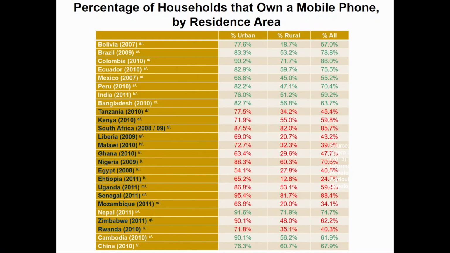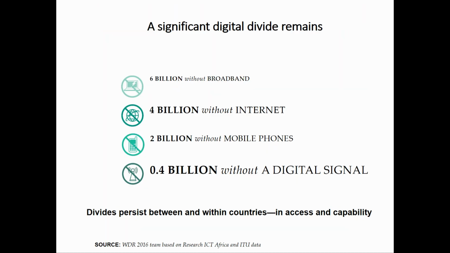Normally, we get reports from ITU, which are aggregate numbers for the country. But when you go into surveys and look exactly at the difference between rural and urban, you will see that in many countries like Tanzania, for example, the gap between urban and rural is huge. The average number for the country is big, but the difference within rural and urban is important and something to look at. So we have a significant digital divide in the case of a technology which has already diffused massively, and there are a lot of things that we can do to reduce this divide.